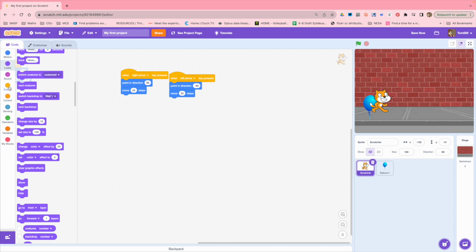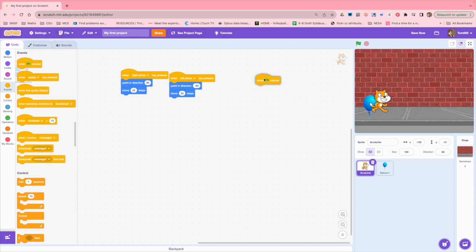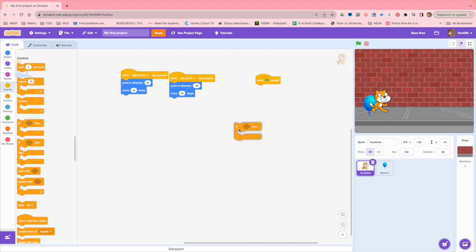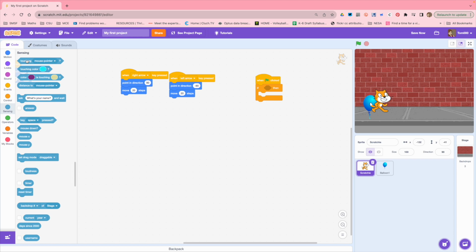So what we're going to do is start with the hat block for when the flag is clicked. We're going to use an if statement, which is branching. And we're going to use the sensing block, and we're going to use that in the diamond. So if